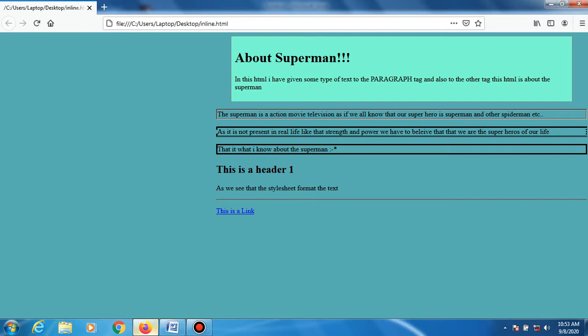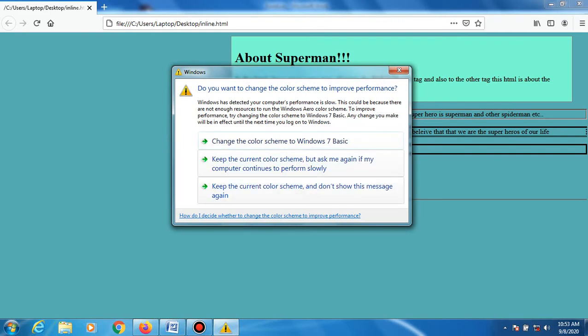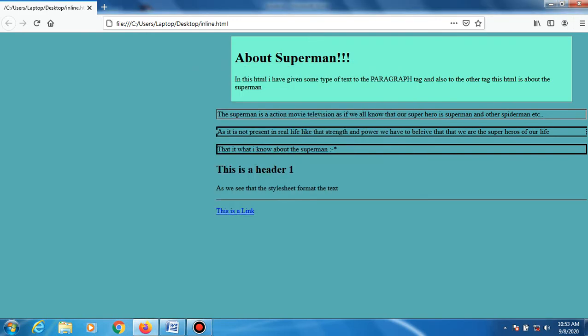In this, different colors and different styles of fonts exist in a single page. You can see in the first line about Superman, the background color is different and the screen background color is different.